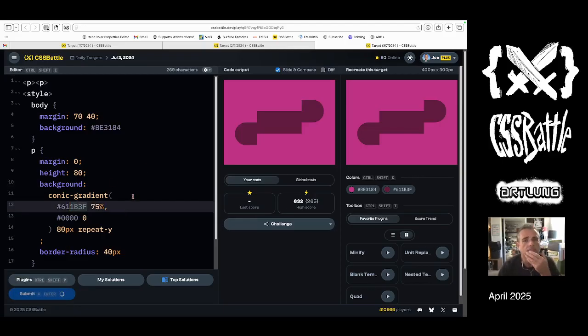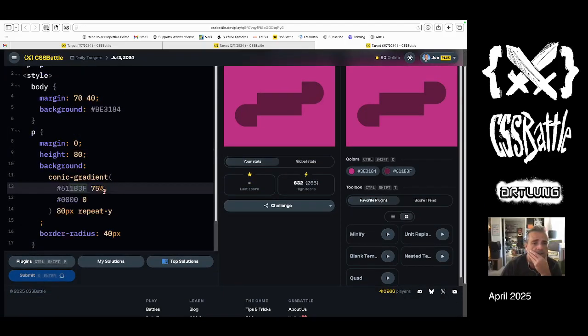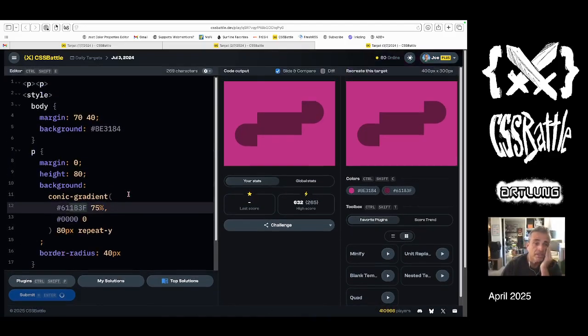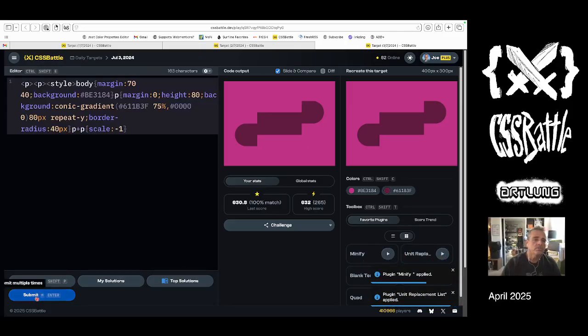I think that's done. The math here is not too complicated. Again, the principle here is keeping the shapes, if you're going to be using these shapes, as simple as possible. I've had inclinations to do clip paths on this, right, which would be point, 3, that's 1, 2, 3, 4, and then like a radial gradient here, like that's just, no, don't do that. Make it simple. Minify, unit replace, submit,